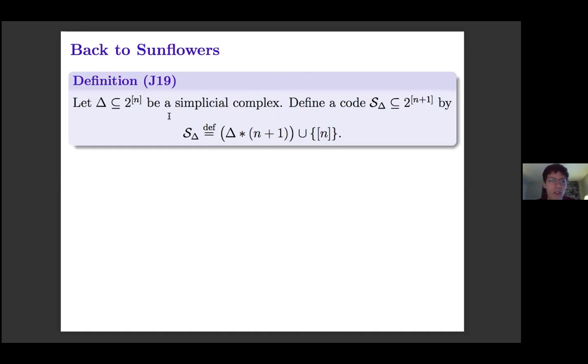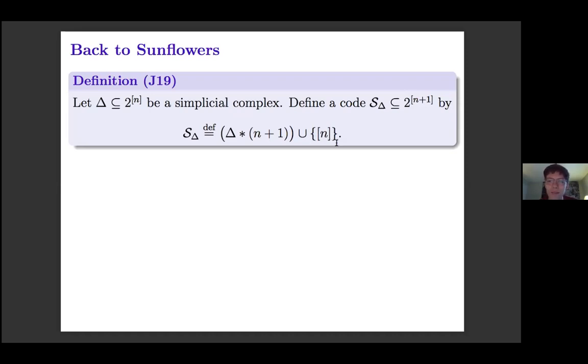I can always use this simplicial complex to define a code that I'm going to call S sub delta, where delta is my simplicial complex. And how do I do it? I take delta, and then I join it with a new neuron. So this delta join new neuron is a cone over my simplicial complex. And then I'm going to add just one code word to this, and that's the code word containing the neurons